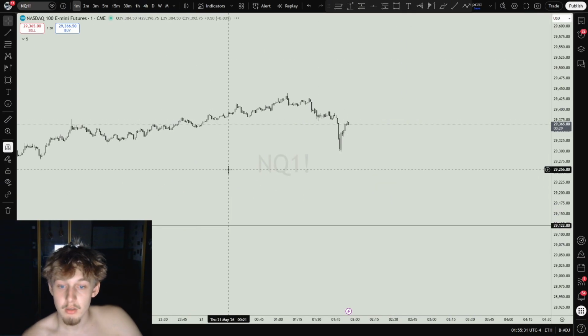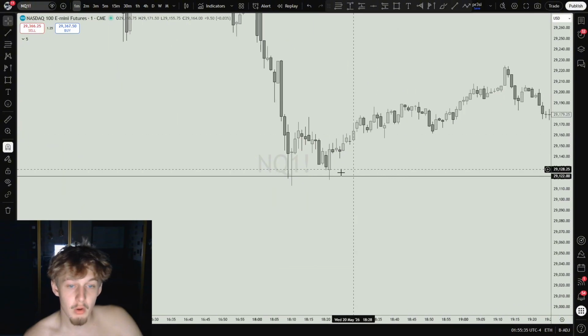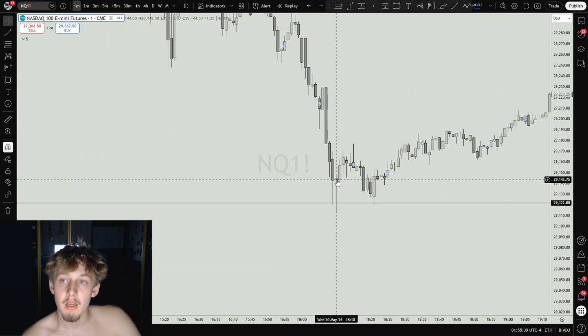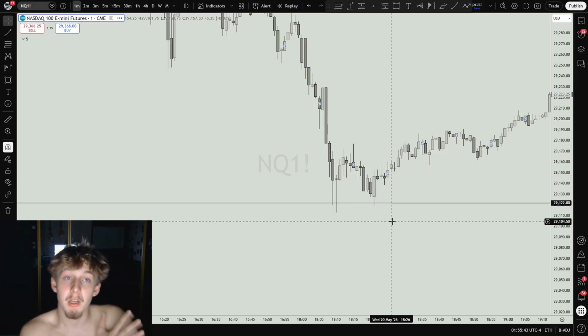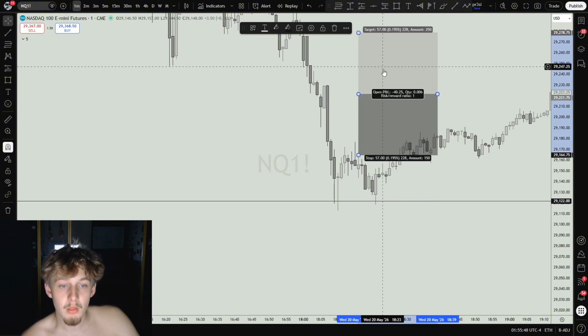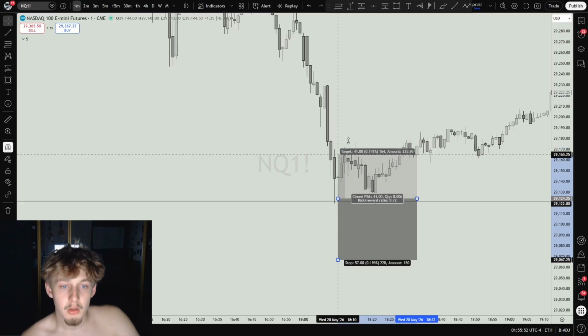Entry wise, as soon as we got that SMT initially, I almost entered on this, but then it started reacting. I was like, oh shit, I missed it. Next candle opens, it starts hitting again. I'm like, oh wait, it's about to form an SMT. Finally forms an SMT. I take my long, I think it was like 124,